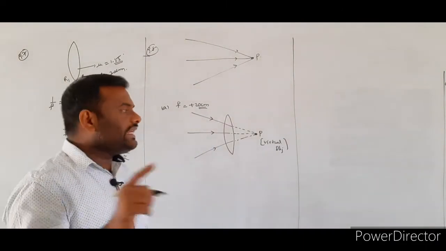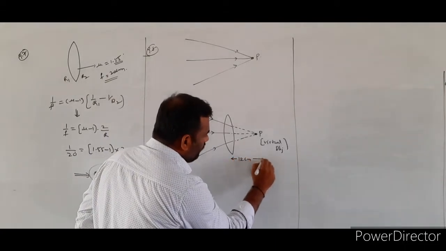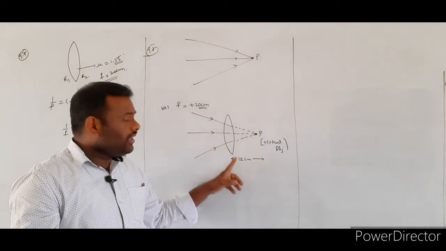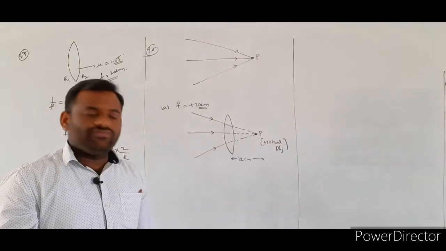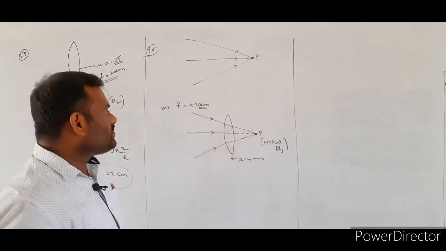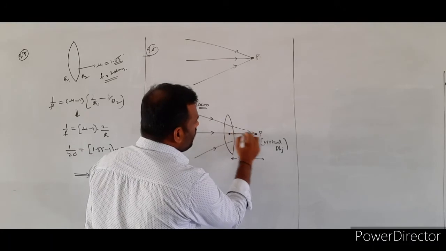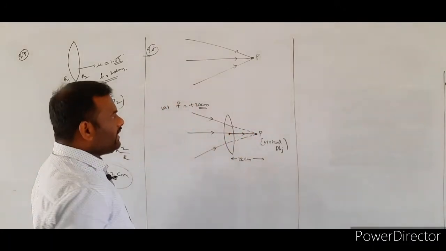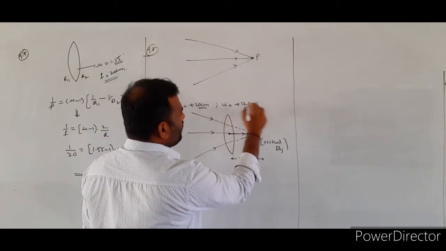And the point P will be located where? That should be located at a distance of 12 centimeter from the lens. Or where the lens will be placed? The lens will be placed at a distance of 12 centimeter from the point P. Now, where the final image will be formed? See here, for this lens P will be acting as the virtual object. So that the object distance is always measured from where? Lens to the object, which is measured in the direction of the incident light. So that object distance is equal to plus 12 centimeter.